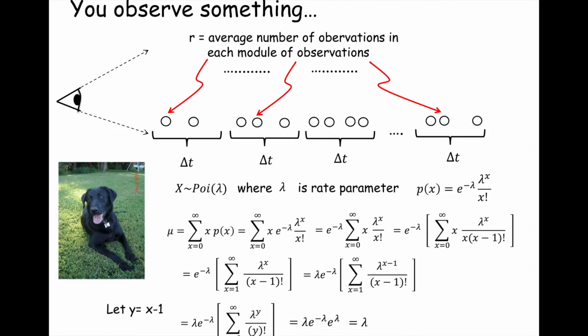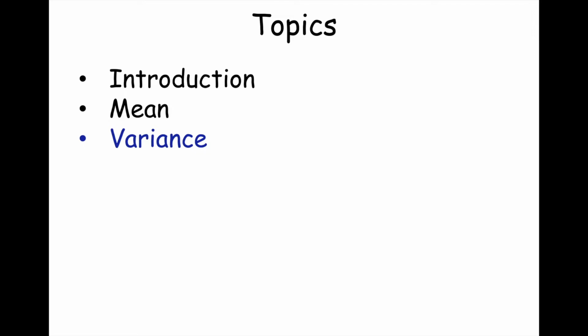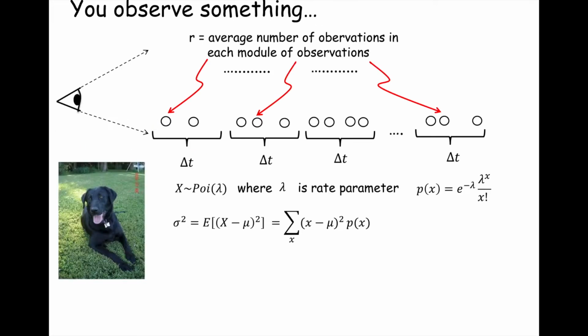So the expectation of a Poisson random variable with an average rate lambda is just lambda. It kind of makes sense. It's obvious, right? But you still have to prove it. Any questions about this? Does that make sense? No questions? Okay. So let's move on to the variance. The variance talks about the dispersion, or the spread, if you will, for values for that random variable. And we'll show that the variance of a Poisson distribution is also lambda.